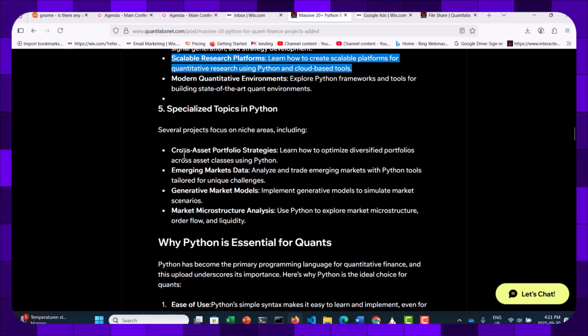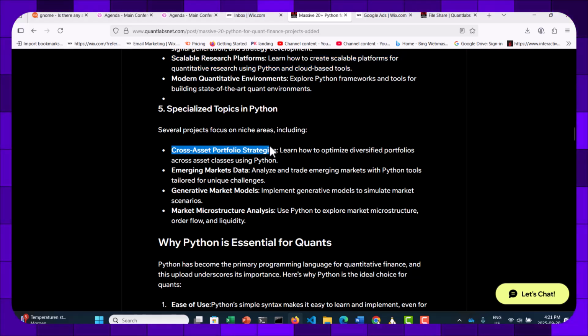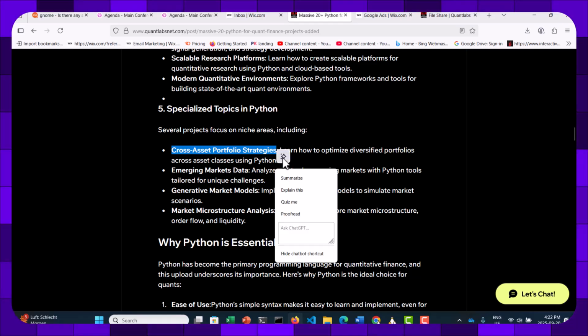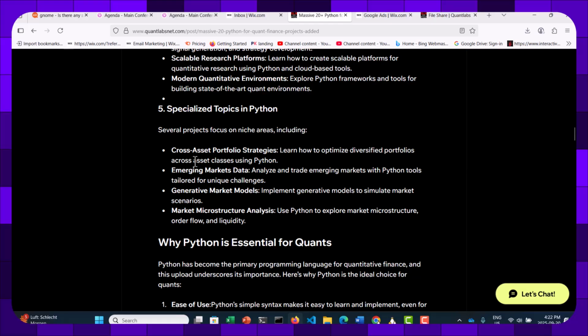So when it comes to strategy development using Python, as I said earlier, individual instruments, like the Australian dollar versus the Mexican peso, have their own characteristics, but there's still going to be a need for cross-asset portfolio strategies.